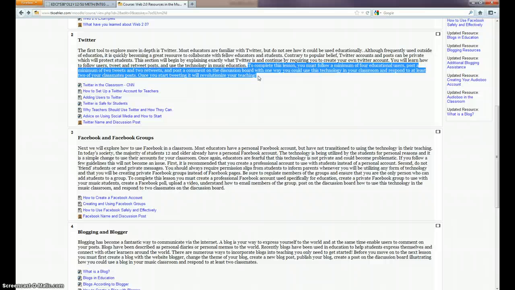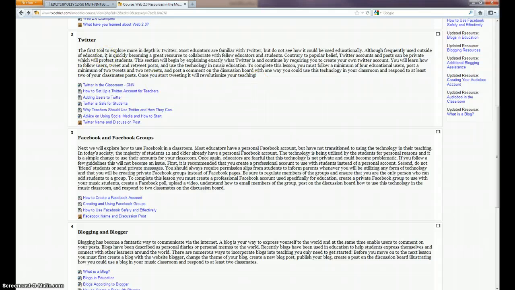So exactly how do you move on towards the next lesson? It's laid out in the very last sentence of that paragraph for every single topic, which is great. It starts with Twitter in the classroom, another video explaining Twitter and how it's being used by a teacher currently and how successful she's been in the responses from her students, which is great. Then an introduction for teachers on how this is actually being used, and then how to set up a Twitter account and how to add users to a Twitter account.